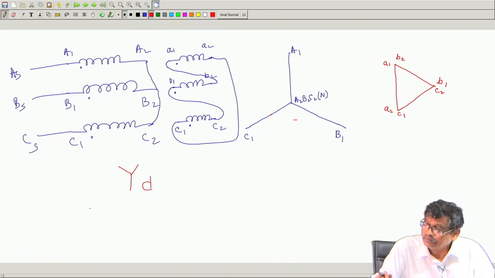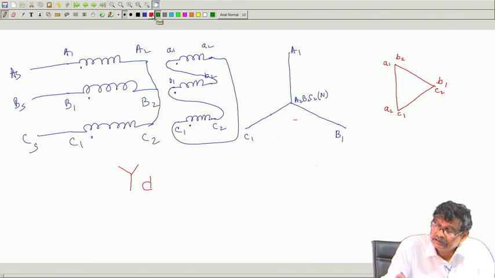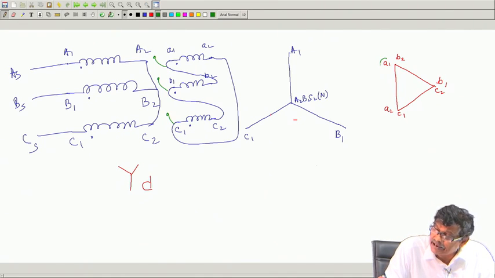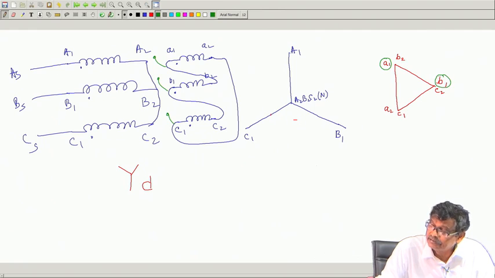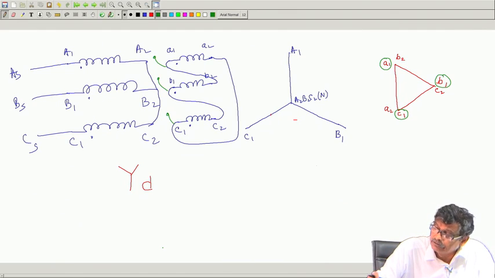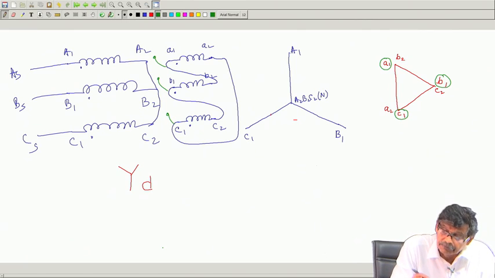Now, I have to examine what will be this phase angle. So, what is the next step? Next step is this is your A phase, B phase, C phase. I am going to take the outputs from this A1, B1 and C1 from the junctions, and I will say this is my A phase, this is my B phase, this is my C phase. The reason I told you, because capital A1, small a1 like that, and this is also ABC phase sequence. So, these terminals I will mark as small a, small b and small c.